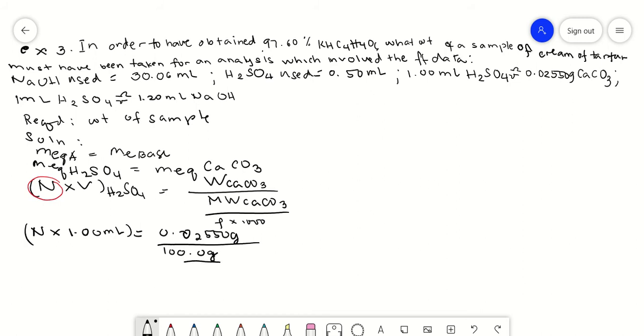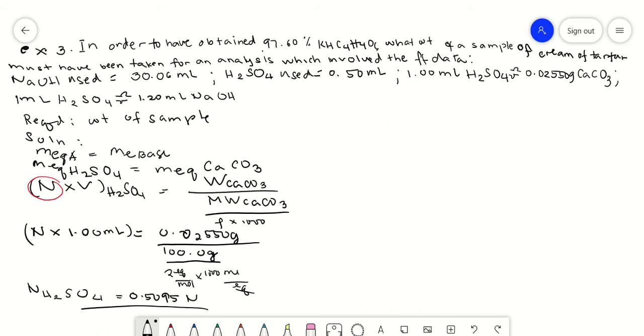divided by the factor. What is the factor of calcium carbonate? Take note that the charge of calcium is +2, carbonate is -2. So +2 times 1 for the subscript, the factor is 2 equivalents per mole, times 1,000. Okay, so you will get a value for the normality of sulfuric acid, which is equal to 0.5095